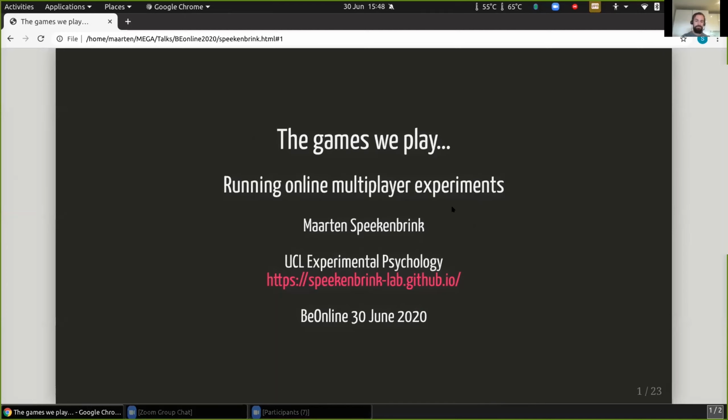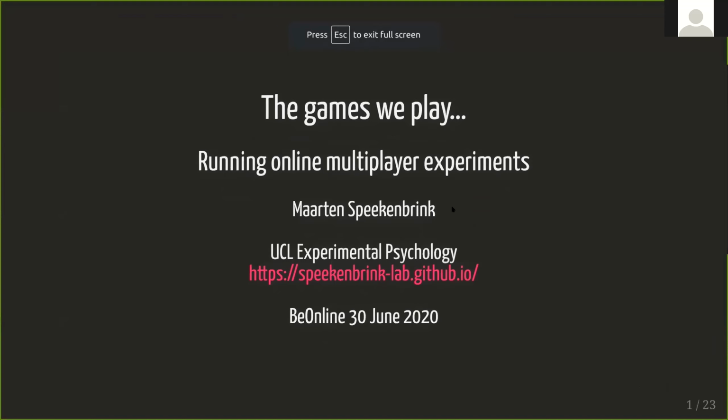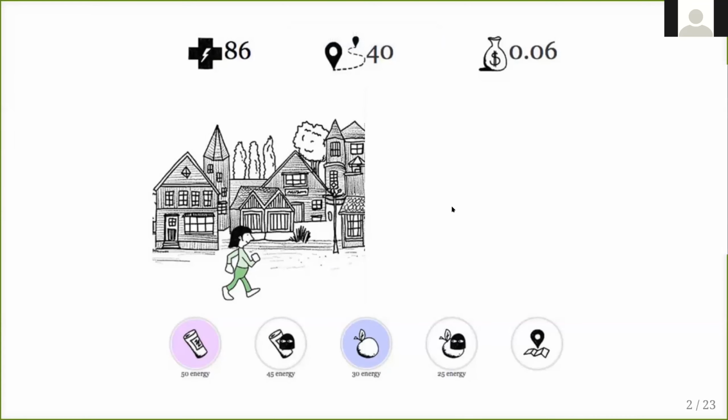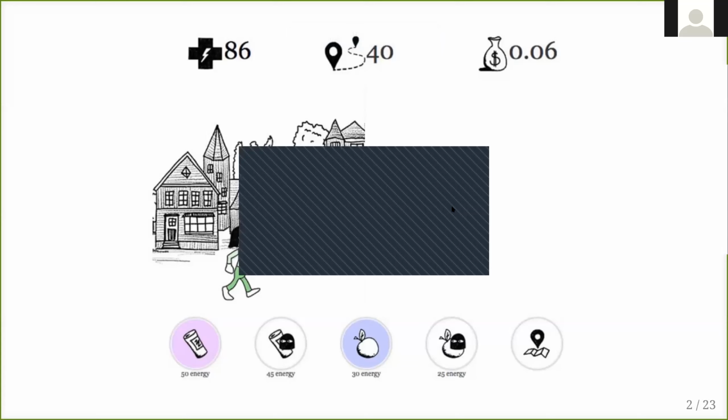I'll start now. So I'm going to talk about our experiences with running online multiplayer or group experiments. I'll give you a few examples of the kind of things that we've done, and hopefully you can still see my screen. So here is an example programmed